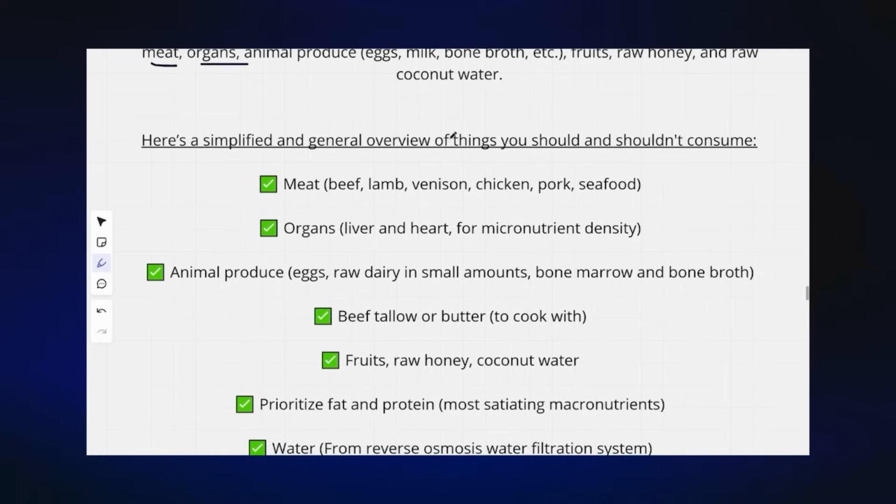So here is a very simplified overview of what you should and shouldn't consume on your transformation journey, essentially, to becoming highly physically attractive. And you really should stick to this as much as possible. It is such an essential part of becoming highly attractive. Let's go through it. So meat